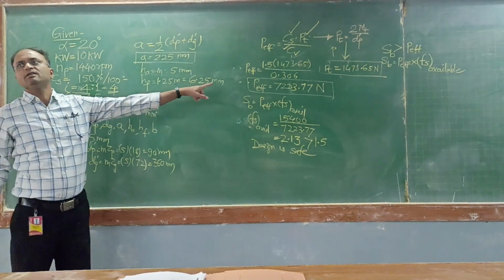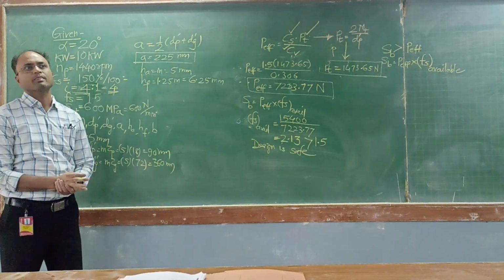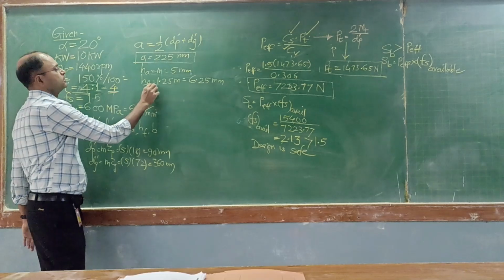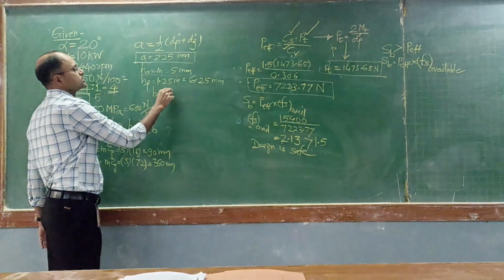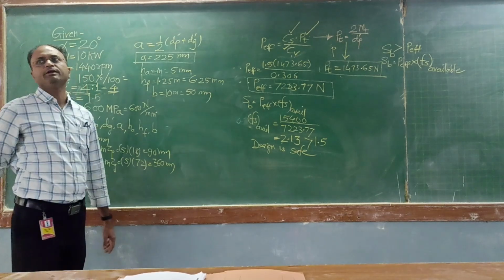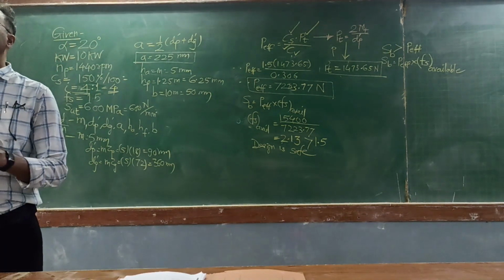This m is module and this mm is millimeter, the unit. Don't get confused. HA, HF, face width. Face width b is equal to 10 times module, that is 10 into 5, 50 millimeter. This is the way you can get all the